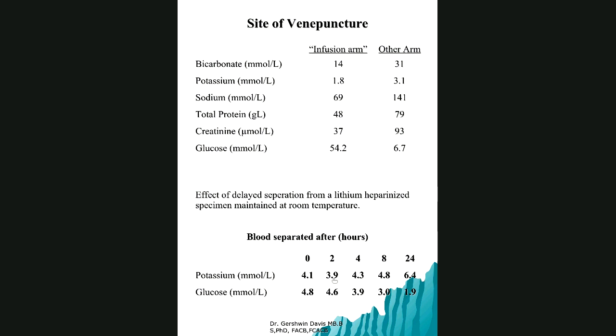But what happens here is not hemolysis, which can increase potassium, but potassium actually leaking from the cells because this is delayed separation. Right? So as you move from 0 to 4, 8, 24 hours, you find that the potassium is actually leaking. In the real world scenario, blood is taken for potassium in a red top tube and then sits on the desktop. Over time, in contact with the serum, the potassium leaks and leaks from the cells, and you get a high potassium.